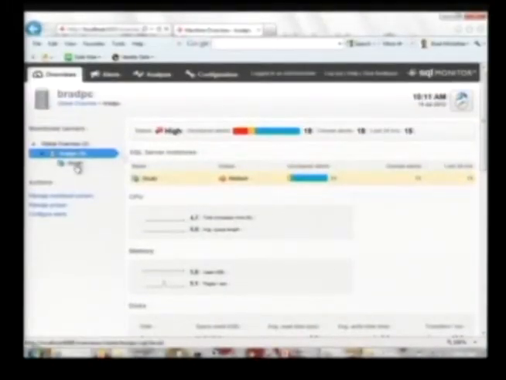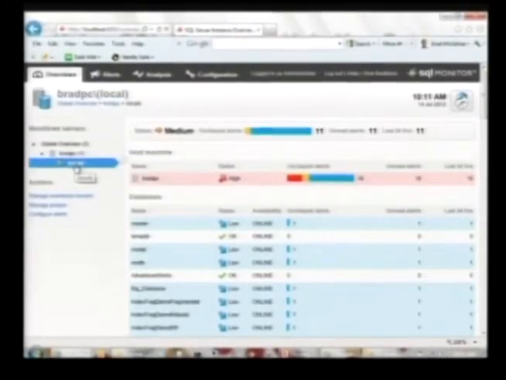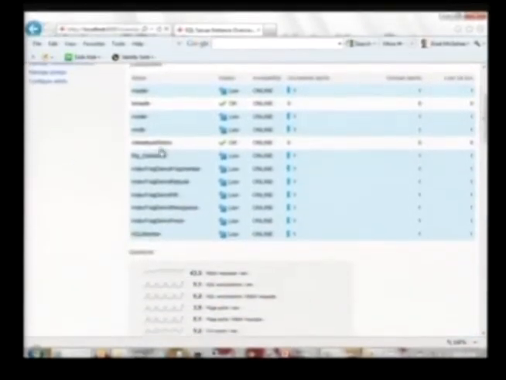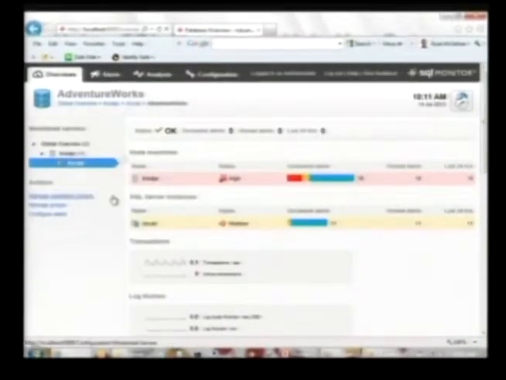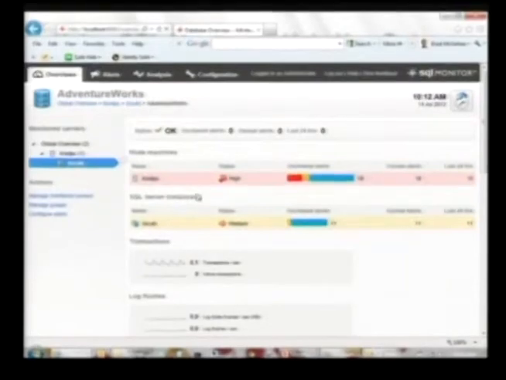And again, there's different ways of doing this. This is one way I can quickly see how much space is used in my drives. Another thing I can do in SQL Monitor is to go down to a specific database, for example here. And I can see what's going on with my database size, log space used, here 2.4%, which is not very much. And I can also come down here and find out more information about the current situation of my physical files. This is stuff you can find in Management Studio also.